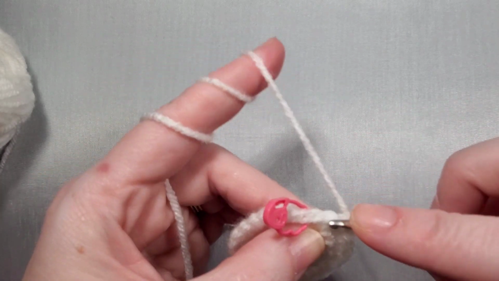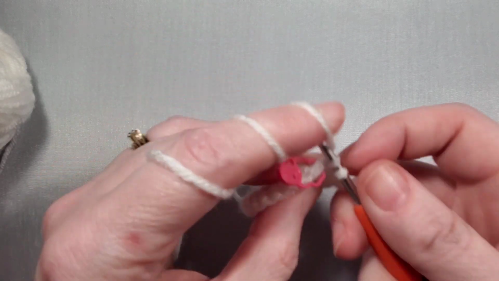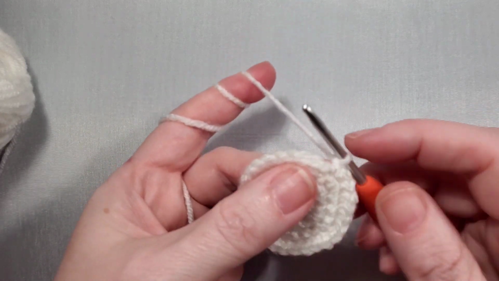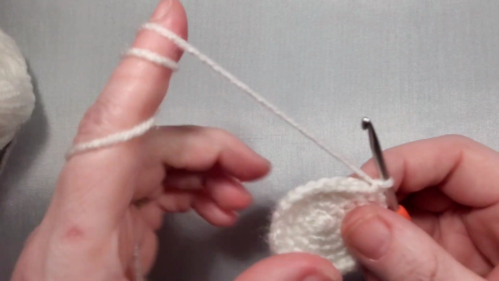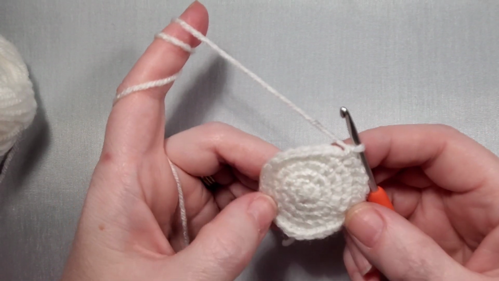And then we've got 1, 2, and 3. We are going to be doing one more increase after this round, but we are now at 30 stitches, and in round 6, which will be our last increase round for the head, we will be going from